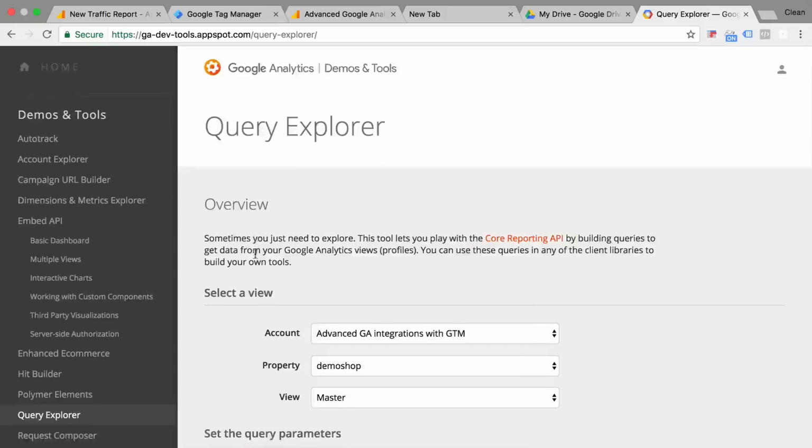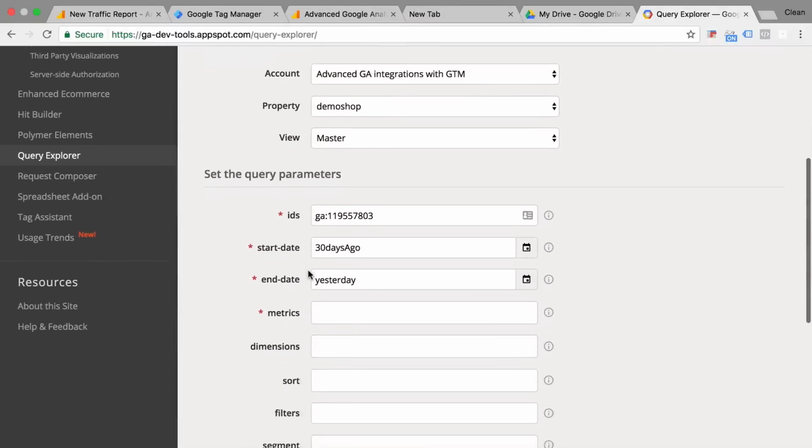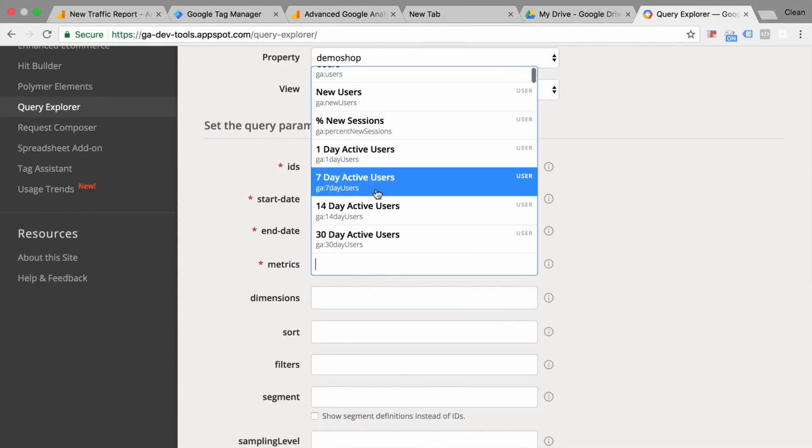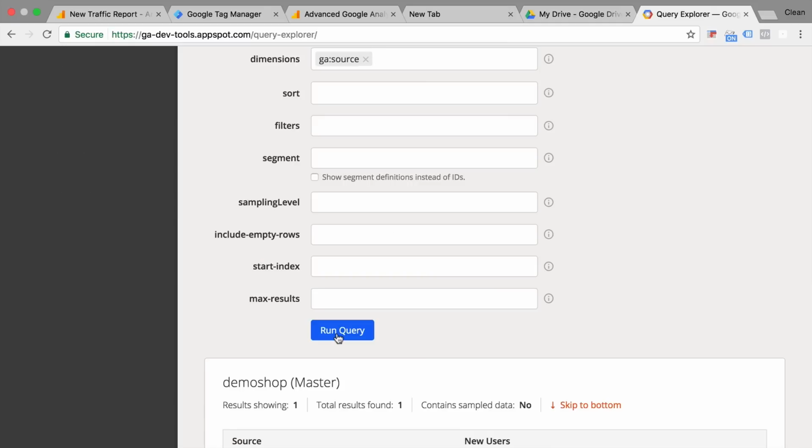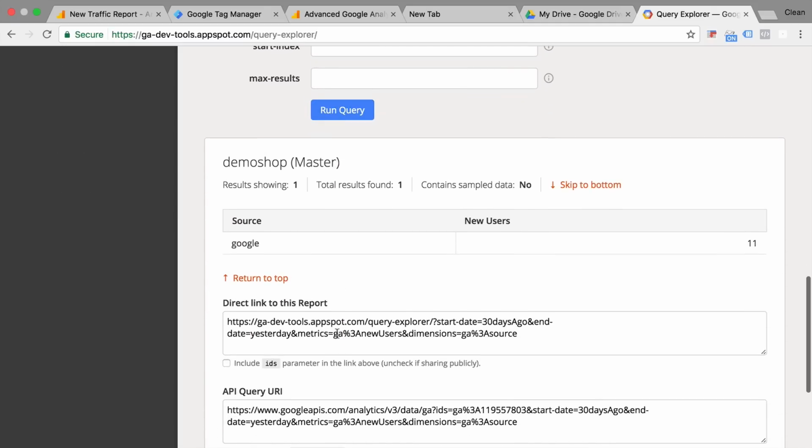Now, if you're not familiar with the reporting API, I definitely would check out the Query Explorer, which lets you see all that data and try out certain data exports and what Google Analytics and the reporting API gives back. It will make it so much easier if you already know what data is available in the background, and definitely something to master within Google Analytics once you get advanced with the data and want to pull it out of Google Analytics. Which brings us last but not least to our 10th concept you need to master within